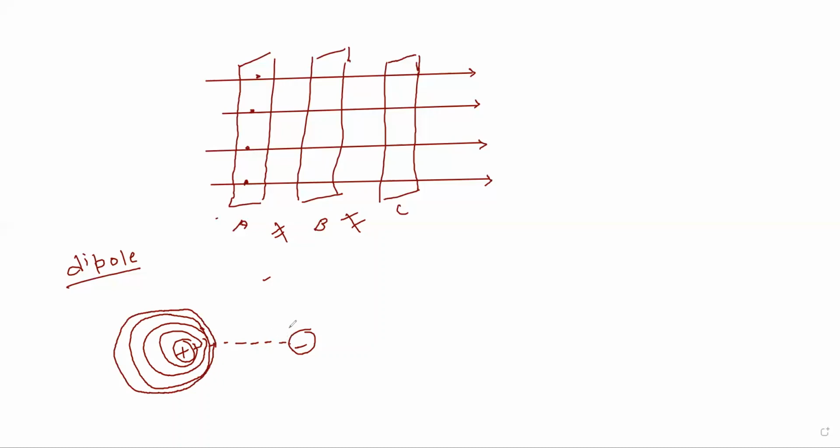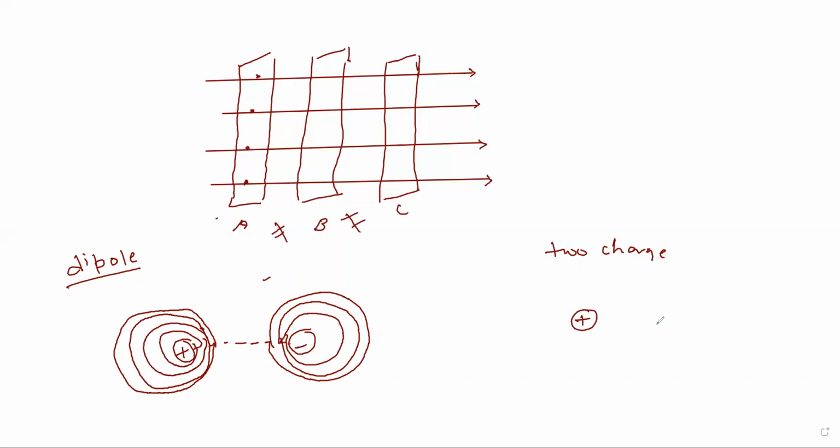And similarly for the negative charge, it goes like this. You will get this question to draw an equipotential surface diagram for a dipole. This is for a dipole. And one more for two charges. We'll consider two plus charges. What will be the diagram for the two plus charges or the like charges? They will be in contact with each other.